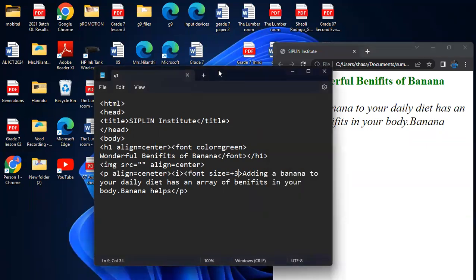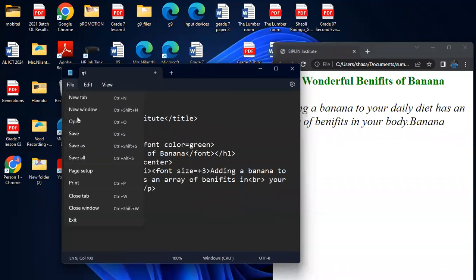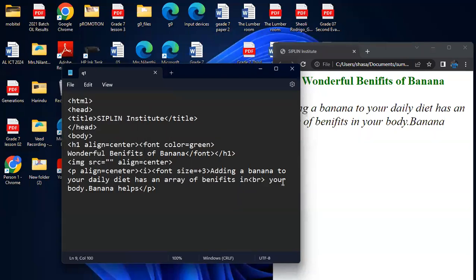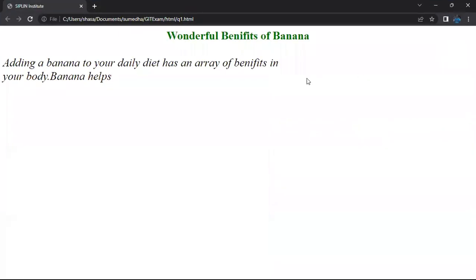Has an array banana to your daily diet in. So here I'm using something called BR. Last week we have discussed about that. BR, what will happen? It will break the line and start with the very next line. So I'll refresh. So you can see now, adding a banana. So you can see here